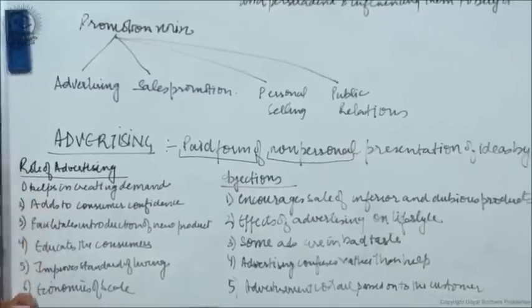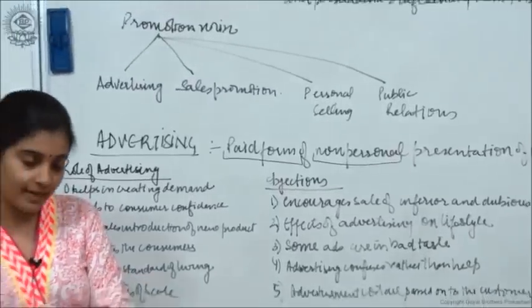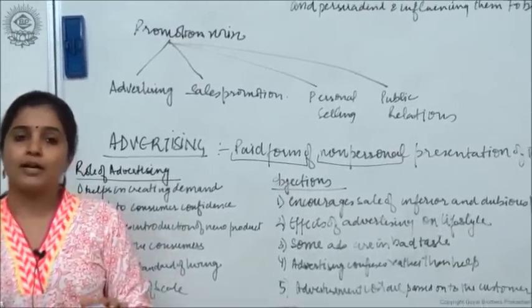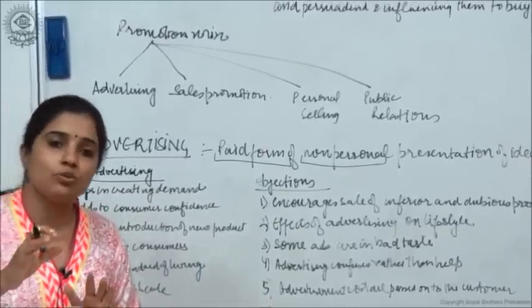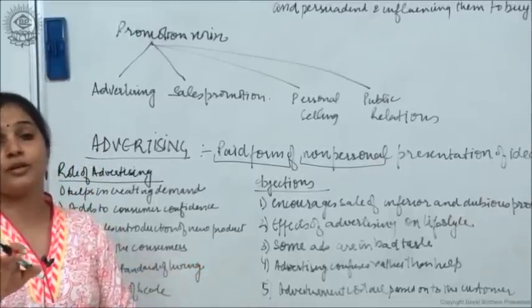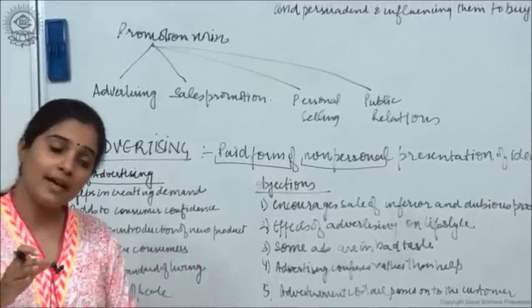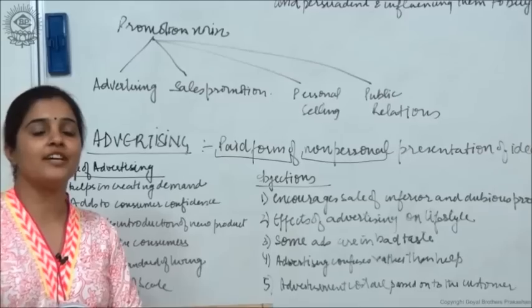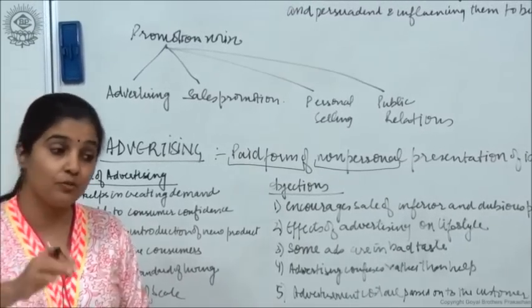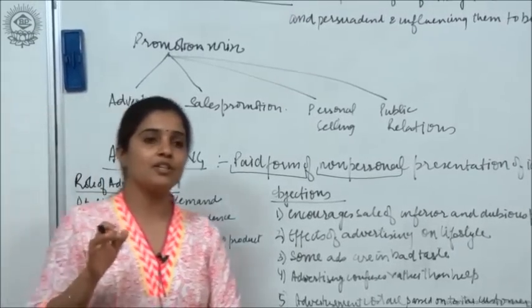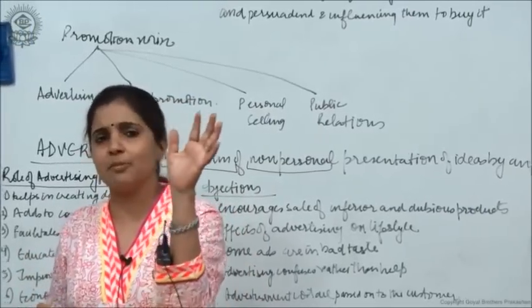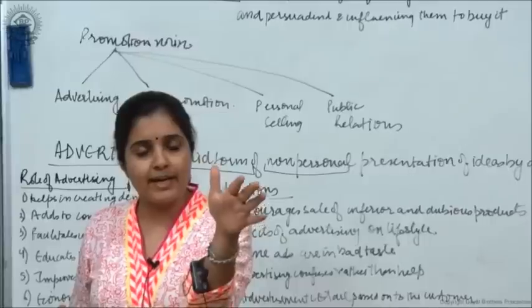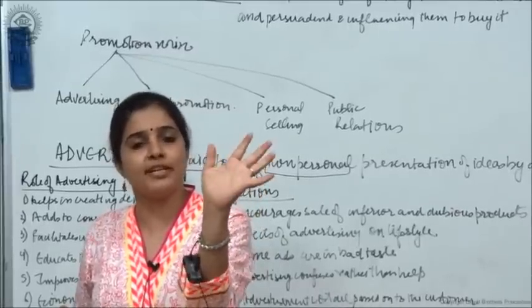Now what is the role that advertising plays? First of all, it helps in creating a demand for the product. जब एक कोई नया प्रोडक्ट मार्केट में आता है, उसकी एडवर्टाइजमेंट बार बार फ्लैश होती है टीवी पे, उसको देख के काफ़ी लोग ऐसे हैं जो कि प्रोडक्ट खरीदने जाते हैं. So basically advertising helps the company in generating demand for the product. And you would have seen that when an advertisement starts, it's not that it's one single time. दिन में 4-4, 5-5, 6-6 बार ऐड आती है. टीवी में भी ऐड आएगी, रेडियो में भी ऐड आएगी, प्रिंट मीडिया में भी ऐड आएगी.